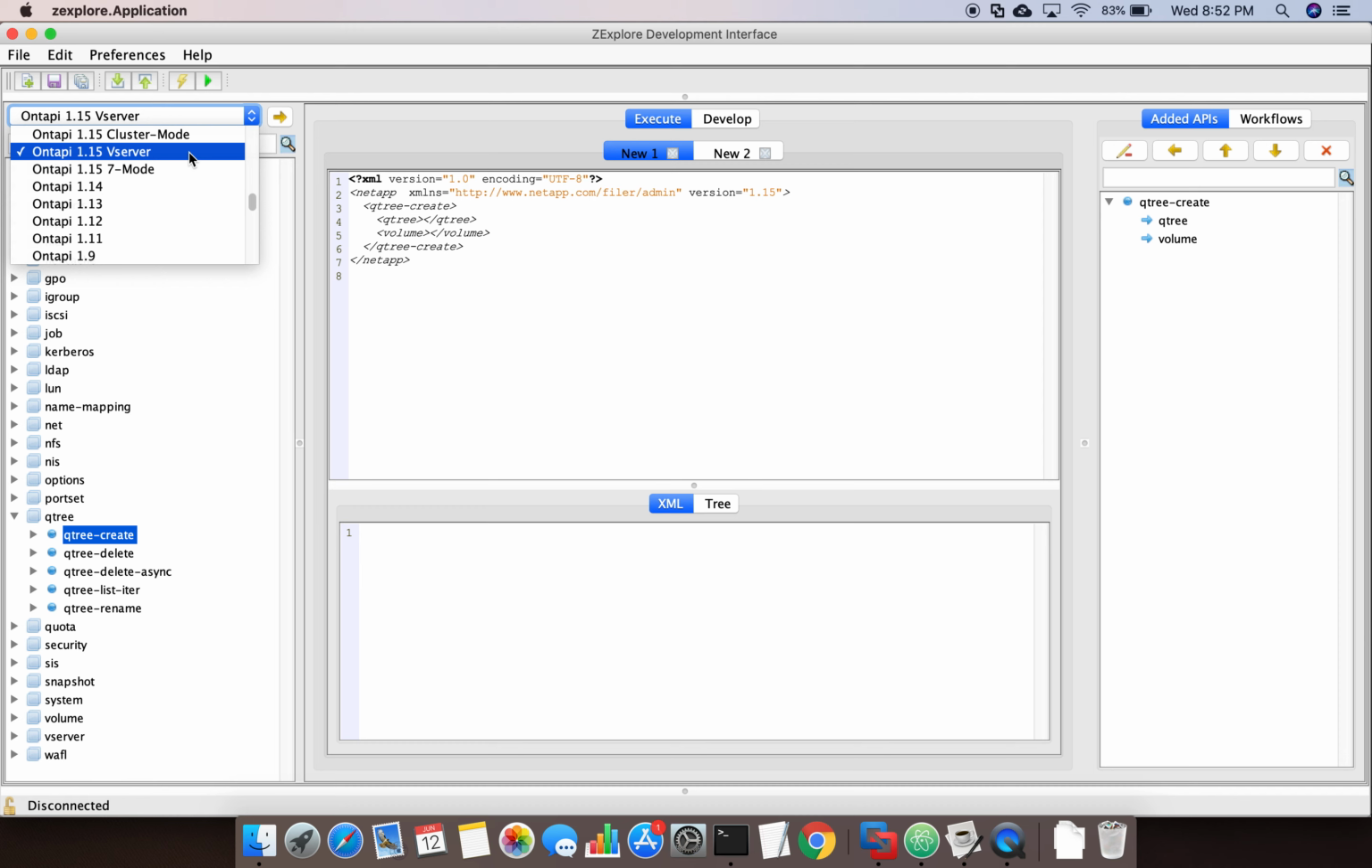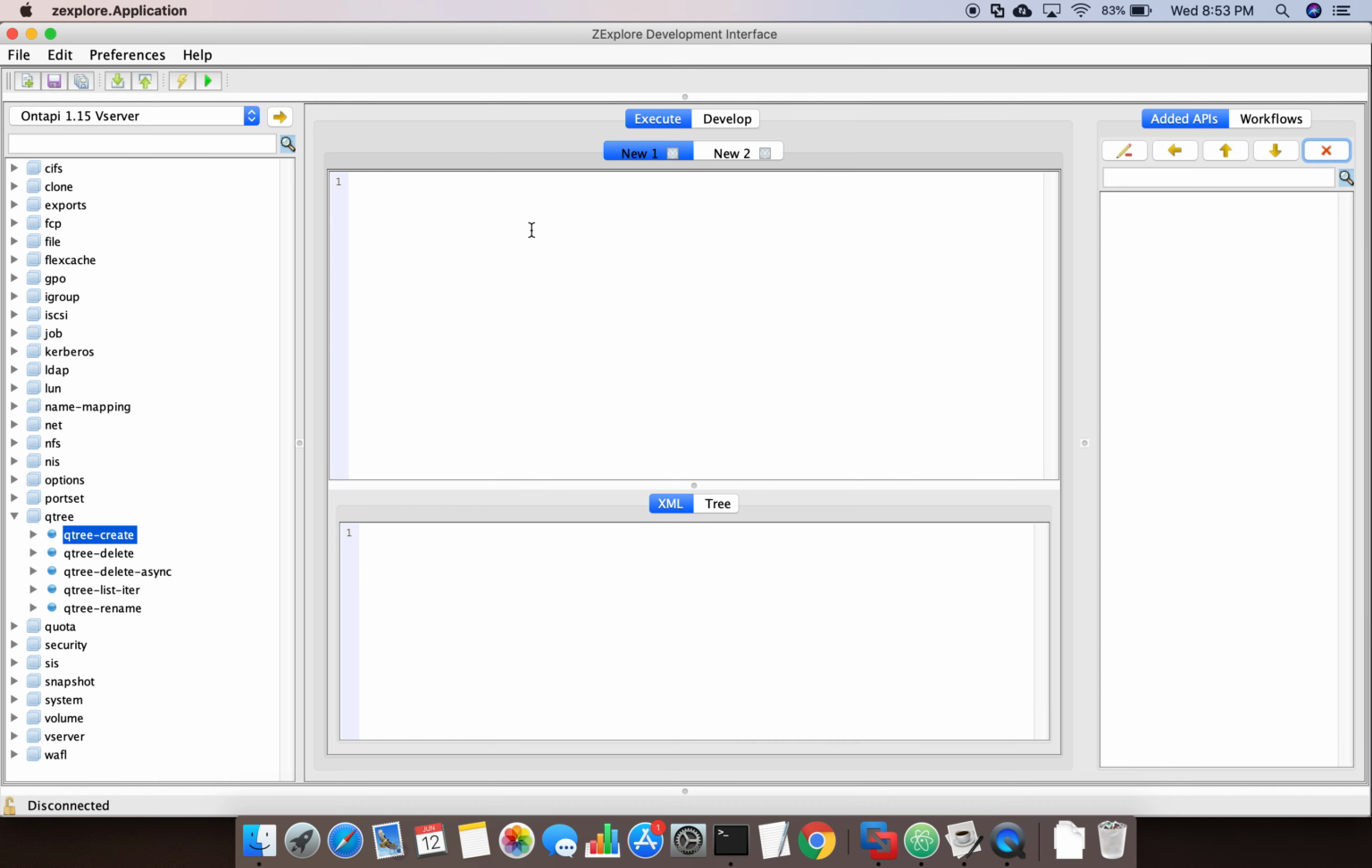To create any Qtree, you basically need at least the Qtree name, and you need to know which SVM it belongs to. So you should have the SVM tunnel in place, and to have the SVM tunnel in place, you should have the SVM configuration in your code. So let me show you how